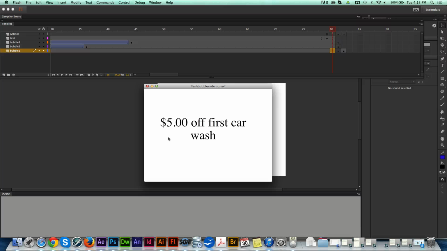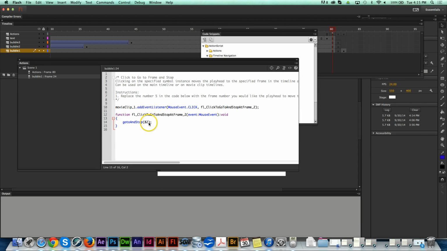Now, if I wanted to, I could now put some text on frame 83 and on frame 84 that are different coupons. And then I could attach it to those other bubbles so that they have a similar script and just put in those other numbers, 83 and 84, so that when you click on those bubbles, you're going to those frames. Now, the last part of this, of course, would be, as I said, I didn't have time to do this, but